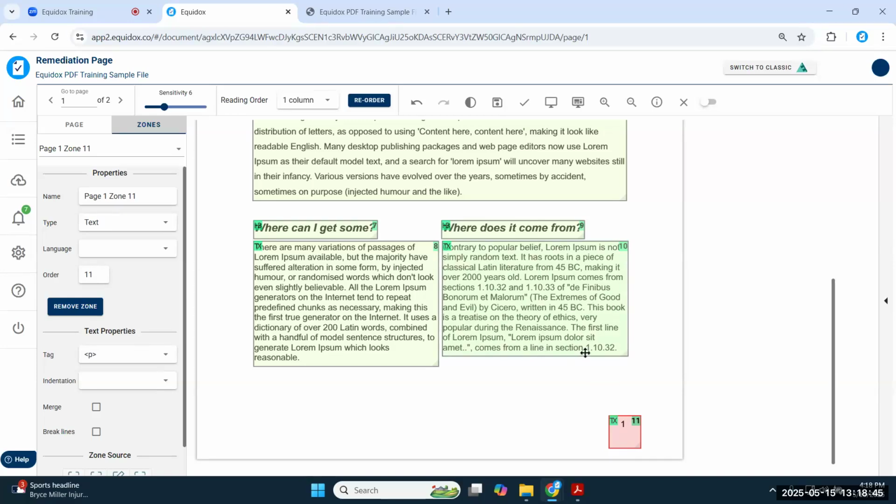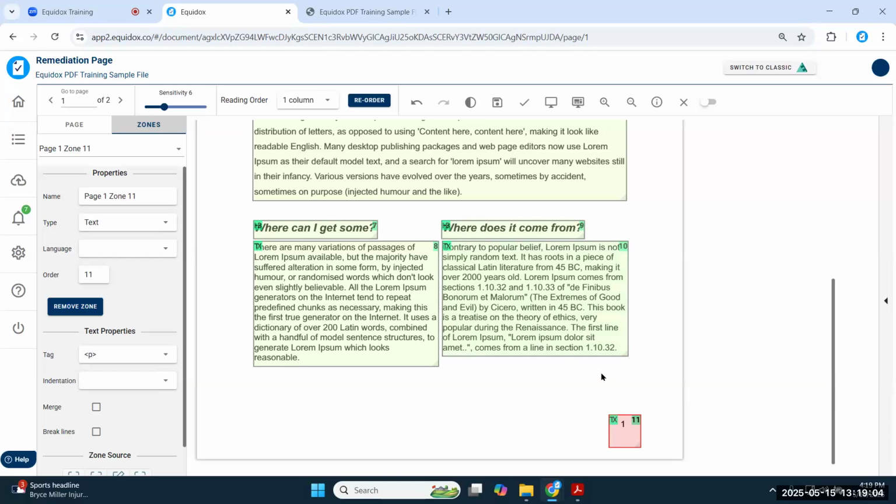It says section 1 period, 10 period, 32 period, and then that 1 would be read directly after that sequence of numbers. So it's important to consider the experience of a screen reader user who's hearing this read out loud, not so much seeing this on the page.